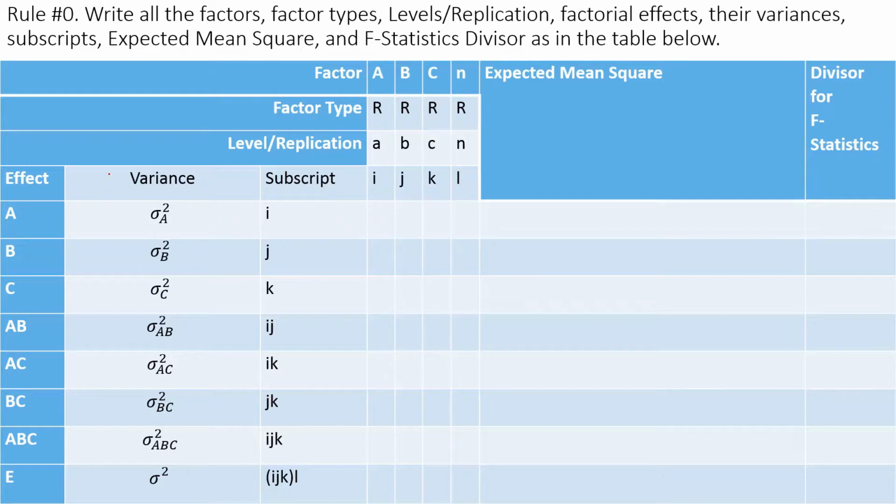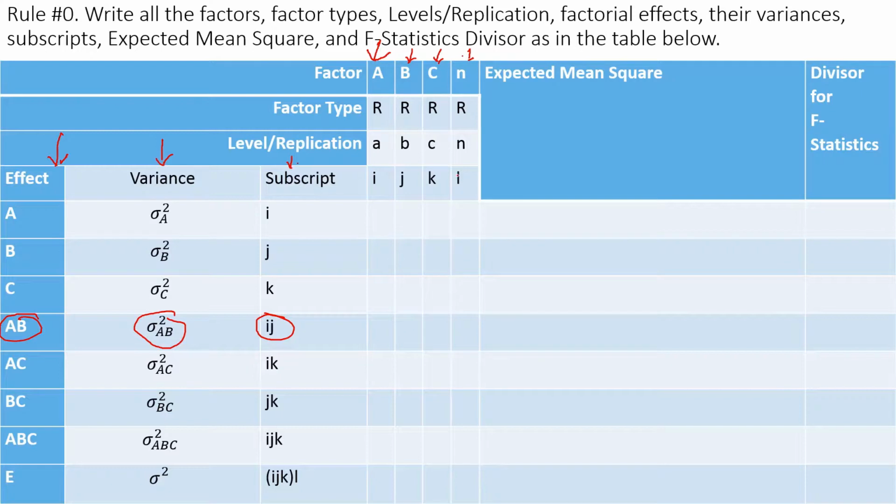the effects and their variances. So that's the effects in the first column, and then variances, and then the subscripts of those effects. For example, AB effect subscript IJ, and their variance is sigma square AB. And then also create another few columns for factor A, factor B, factor C, and the replications, and write